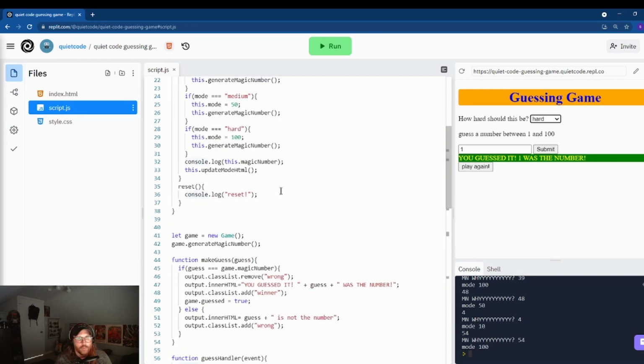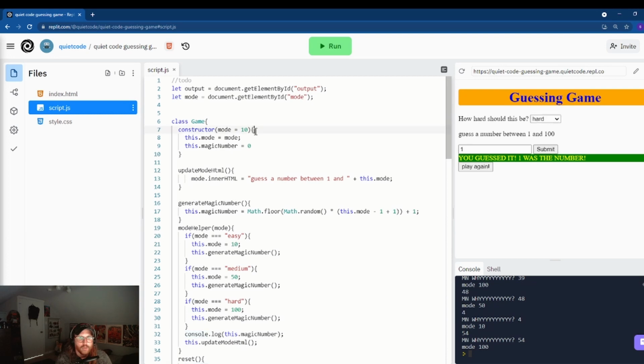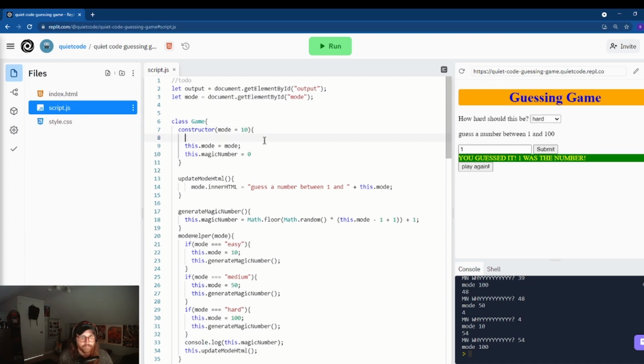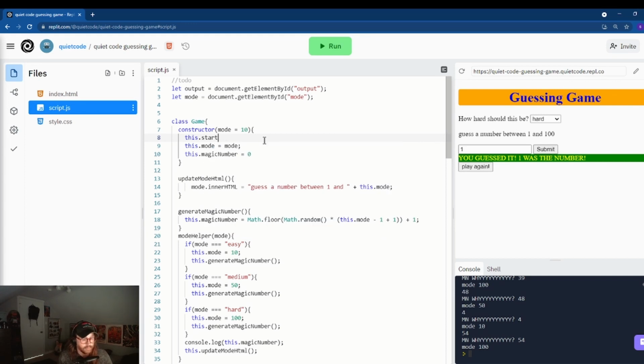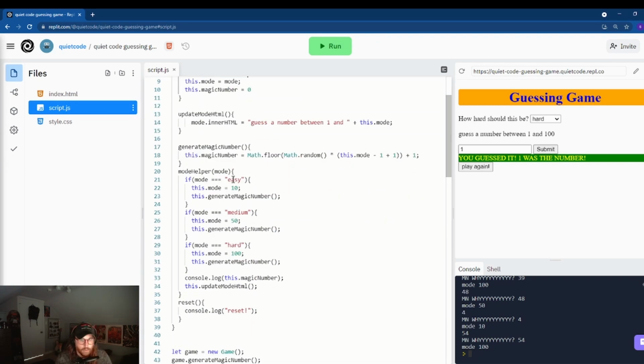Okay, so I remember what I did was I came up with this.start equals, I believe I had it set to false to begin with. So this means that the game is not started. And so what I can do